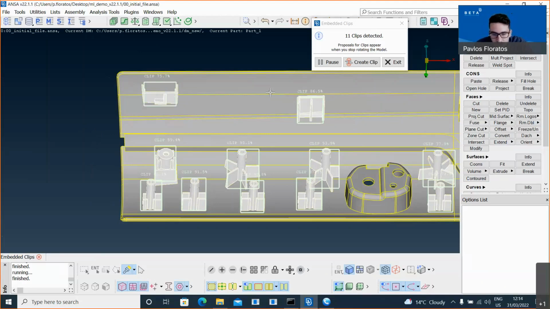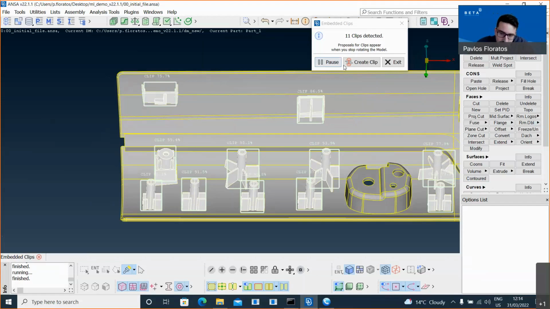So all the clips are recognized, and maybe there are cases where I get some minor errors, like some faces missing from a fastener, or some extra face on another fastener. But this is not the problem. We can just use this as an initial picking tool, and then we can edit our recognition afterwards.